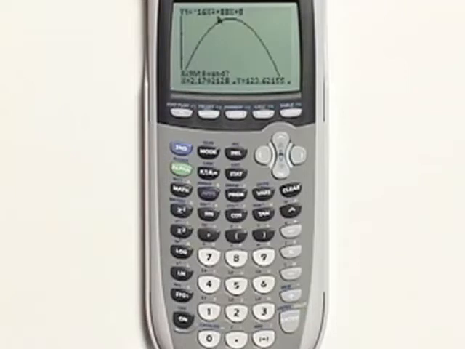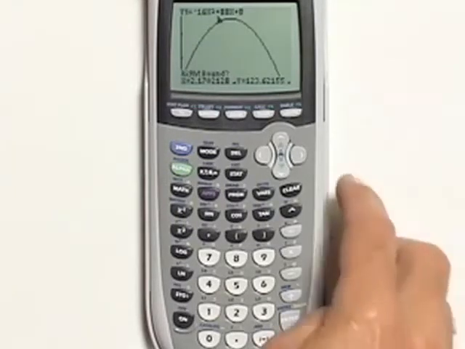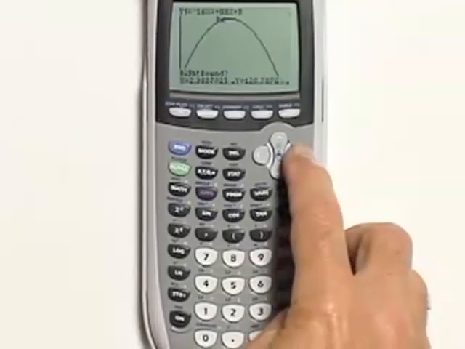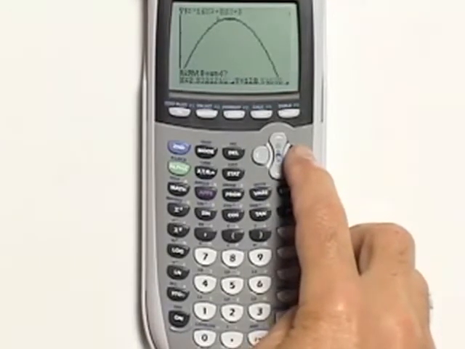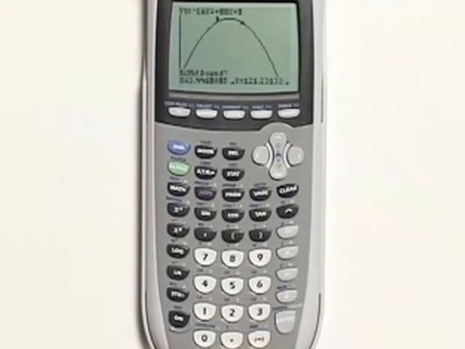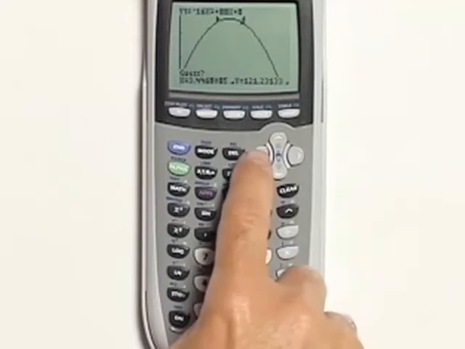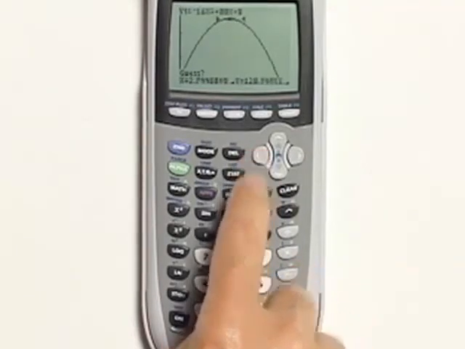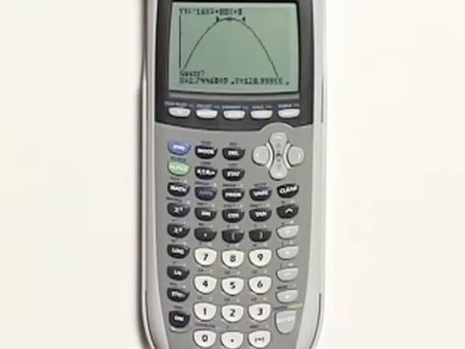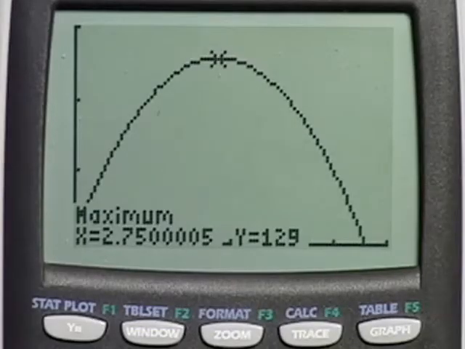It's asking us now for a right bound. And of course, the right bound needs to be to the right of the maximum, so let's press the right arrow key a few times, or just press and hold it down. And now it's far enough over that I press Enter. It wants us to guess what the maximum is just by sight. So let's move closer by pressing the left arrow key to approximately where the maximum height occurs. Press the Enter key, and it will do the calculation telling us that the maximum is at